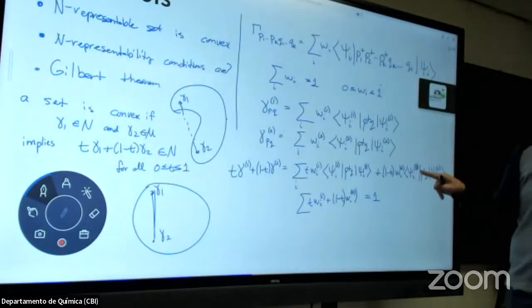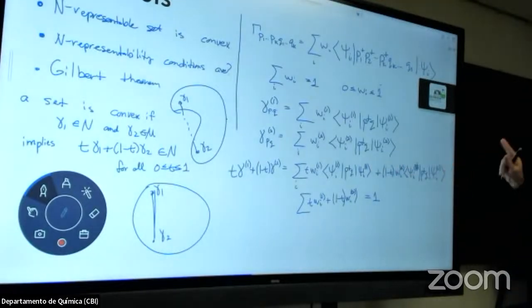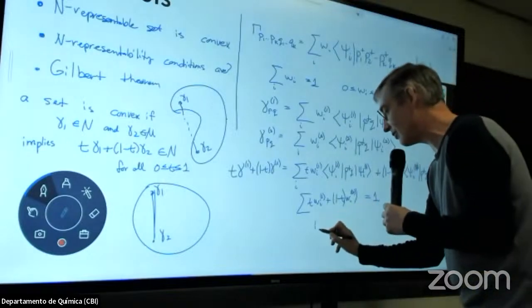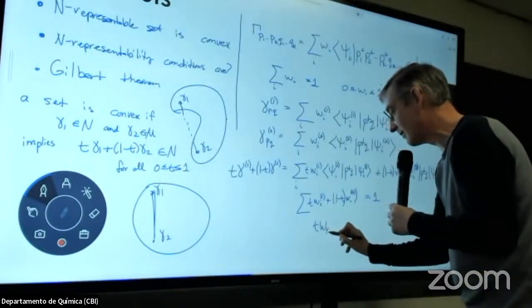And you need to prove that even if the same wave function showed up in both places, somehow it would still have this form, right? So let's just assume that one of the wave functions, let's say the kth wave function, shows up exactly twice, right? And then you just have to say, well, that would mean